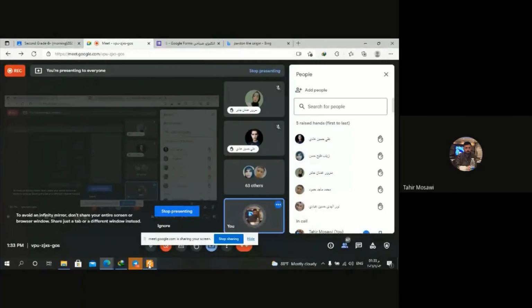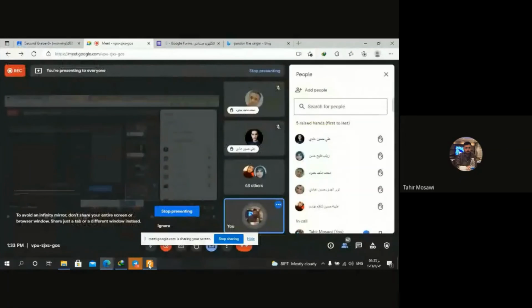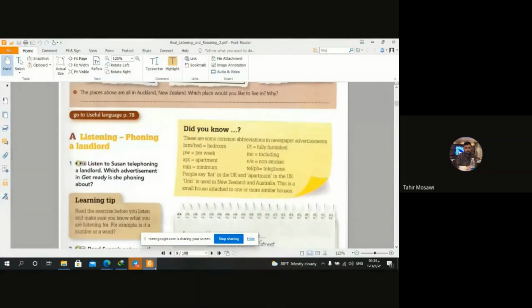Let's see the others. Ali, what do you think? I think department we can abbreviate it as DEPT. Yeah, I thought it was DPT but I don't know, maybe you're right that DEPT refers to department. Yeah, this is formal, it can even be used in official places. Yes, that's absolutely right, Ali Hussein. That is an abbreviation. Okay, Zainab, thank you, Ali.